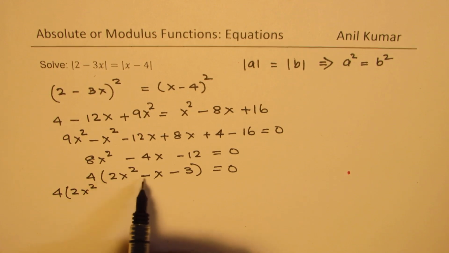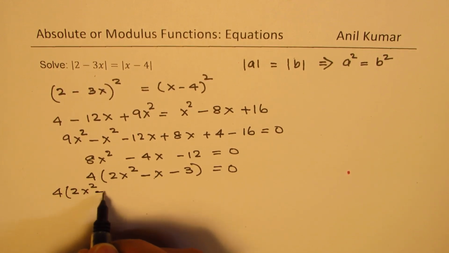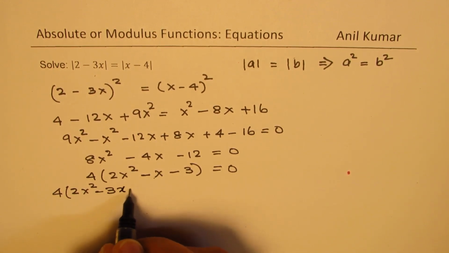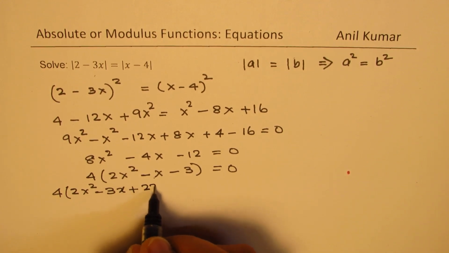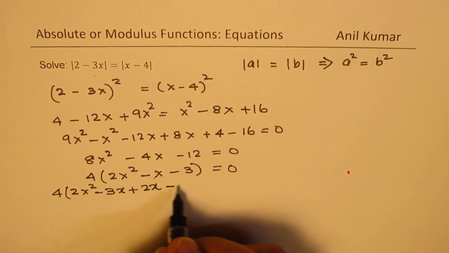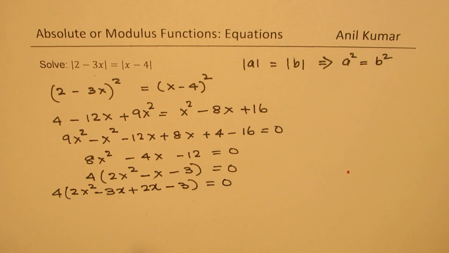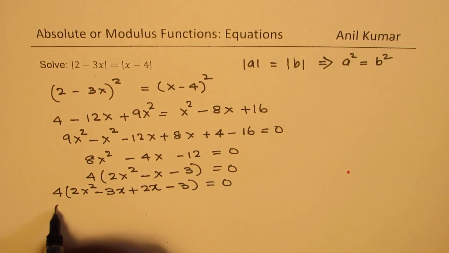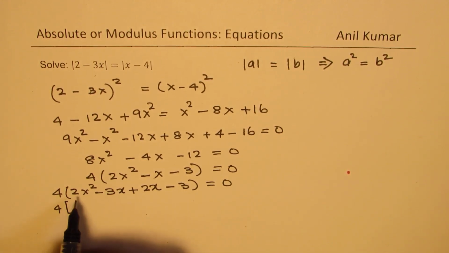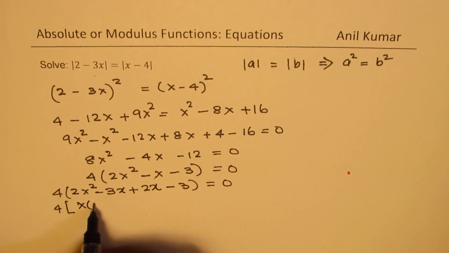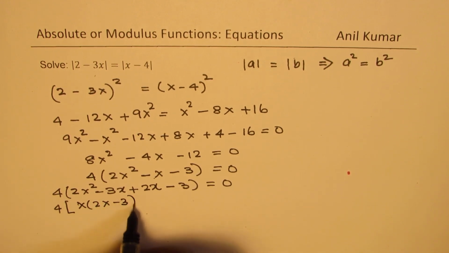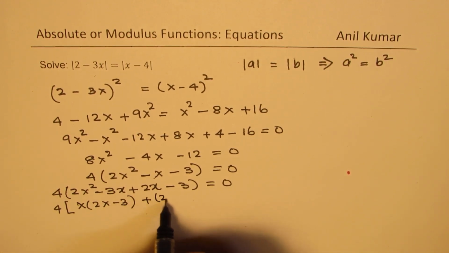So since 6 we are looking for, 3 and 2, we'll split this into minus 3x plus 2x, and we have minus 3, correct, equals to 0. Now let's factor this. We get 4 times, let me use this. We can take x common, so we get 2x minus 3. Here we already have 2x minus 3